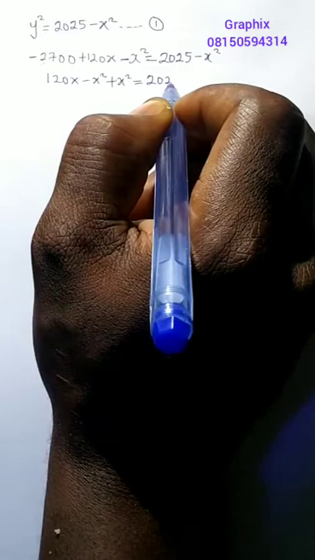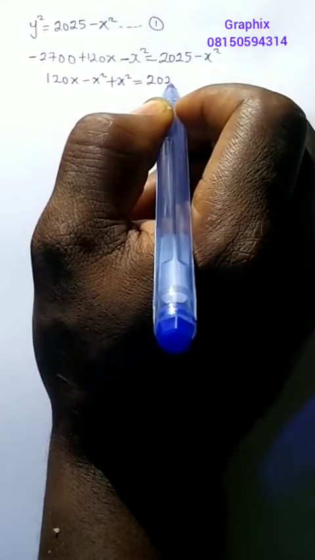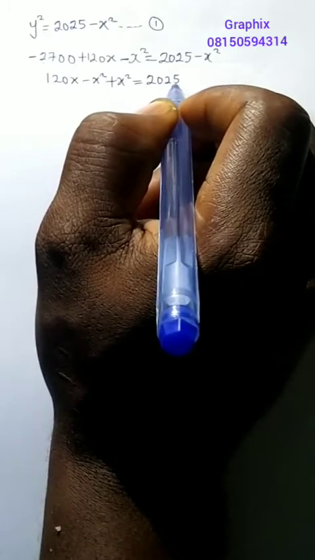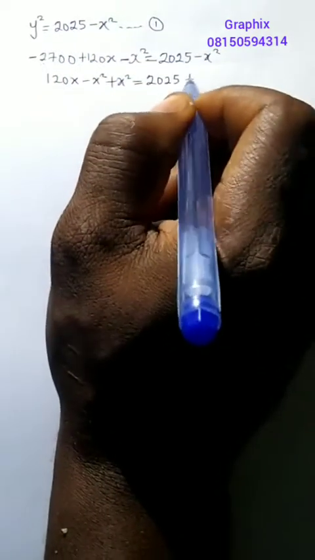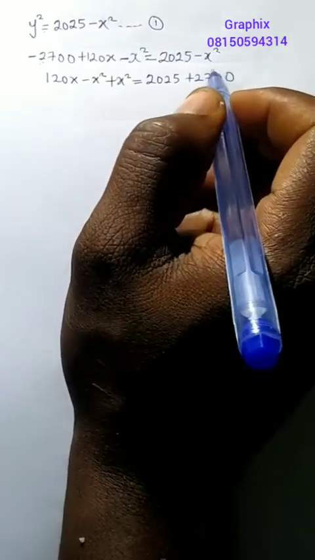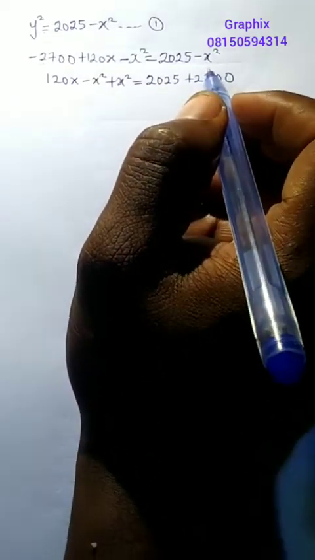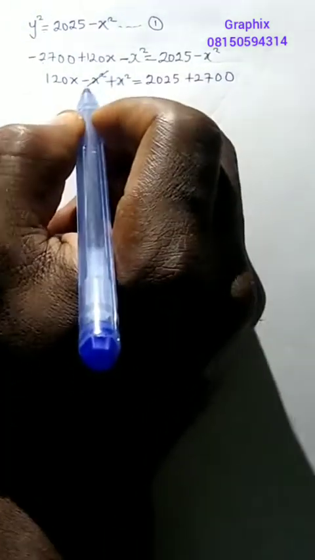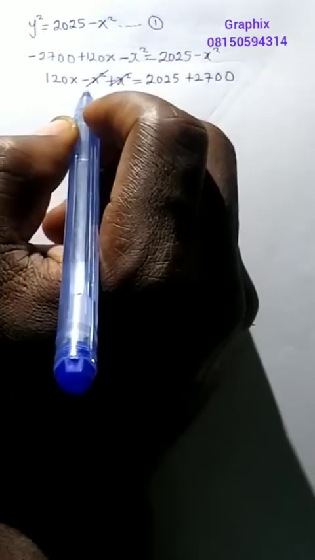2025. This one is coming here plus 2700. So if we collect like terms this way, the next thing I'll do here is this. Minus x squared equates plus x squared. I'll be left with